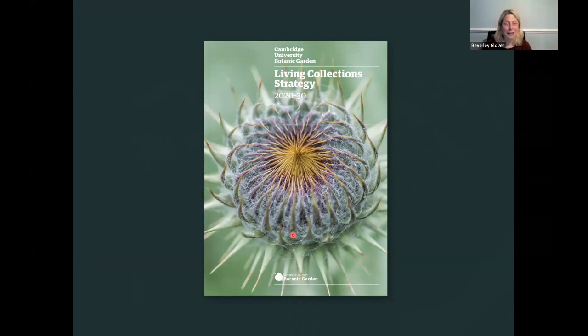But the idea behind this collection strategy is that we have done a lot of the thinking into what sorts of plants researchers are likely to want to access, what sorts of plants we're most able to grow and most able to provide value through providing access to, and then thinking about how we bring them into the collection over the next 10 years to make our living collection as useful as it possibly can be for the sort of scientific research that I think